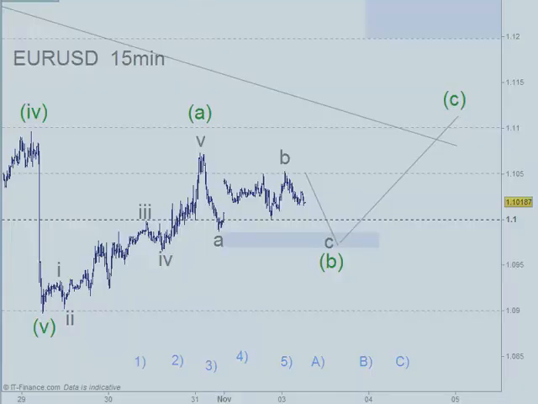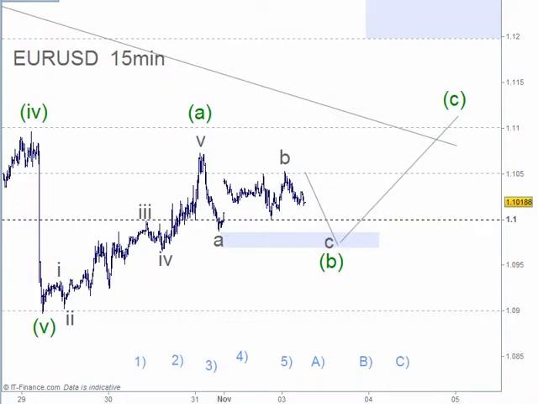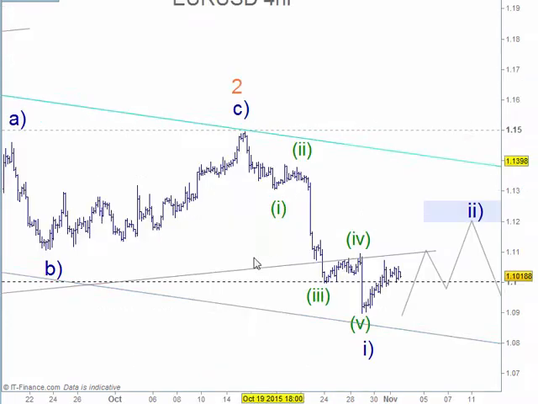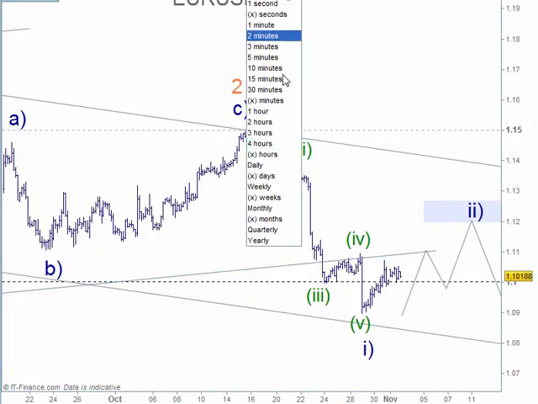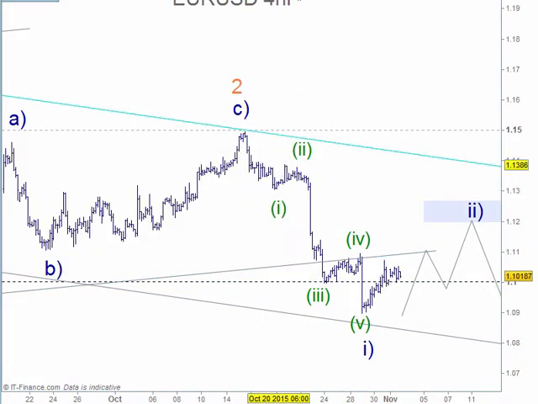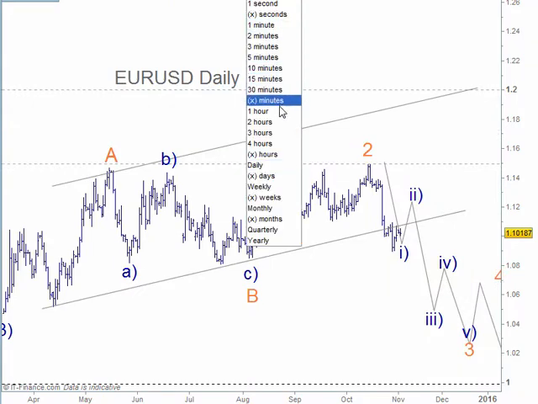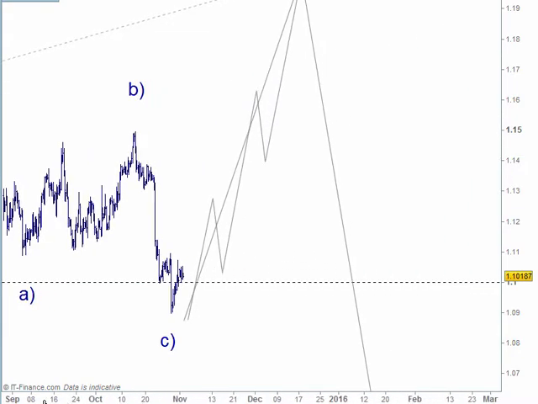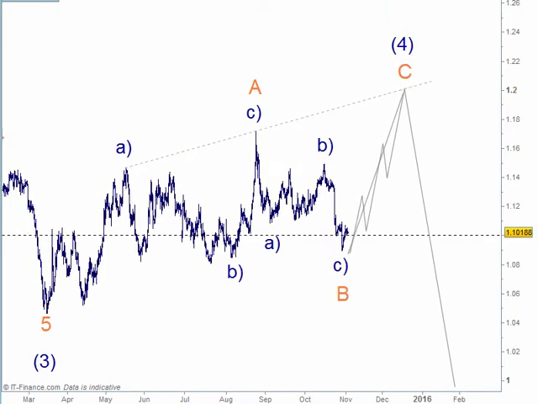But I also want to talk about something else, because I talked yesterday about a bullish count for the euro, but I don't think that's the case now. It might have been on the daily chart, or it might have been on a 6-hour chart from memory. Let me just double check here. Yeah, I talked about this bullish count here,